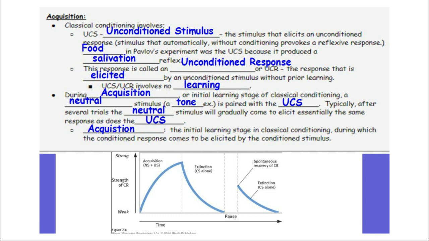That alone, for a very, very short period of time, is going to make the dog salivate. They're going to figure it out pretty quick, and eventually they're going to stop salivating. If you wait a period of time, and this is where we get into this period called extinction, you could bring back the tone, and eventually the dog is going to salivate, showing that they have learned how to do this.